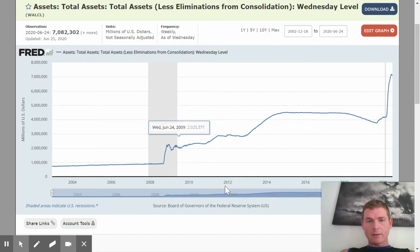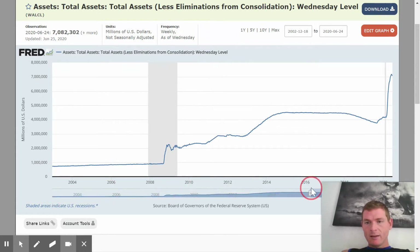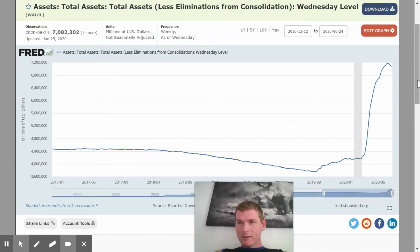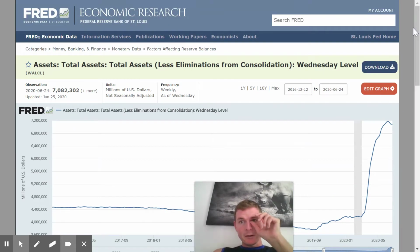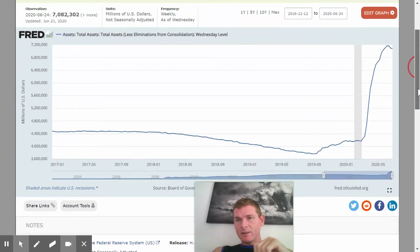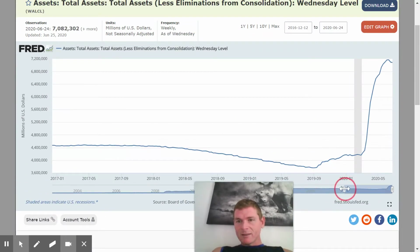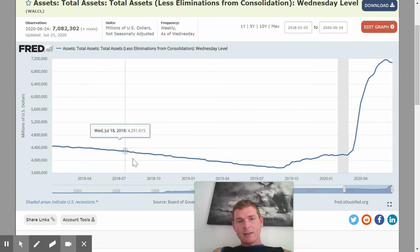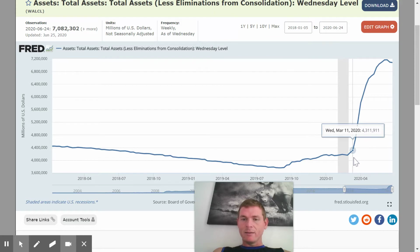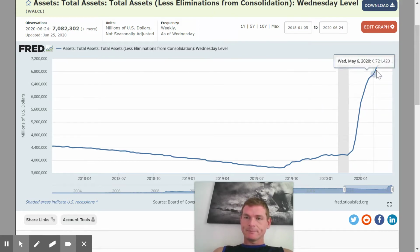Well, let's zoom in on the last, I guess, year, and we're on the Federal Reserve website. This is Fed Reserve Bank of St. Louis, the FRED data. And so this is the Fed balance sheet. Let me just show you how to look at this thing. So this is the quantitative tightening zone that we were going into 2 years ago. And then we started increasing the balance sheet a little bit into the crisis, the Feb 20 collapse where the